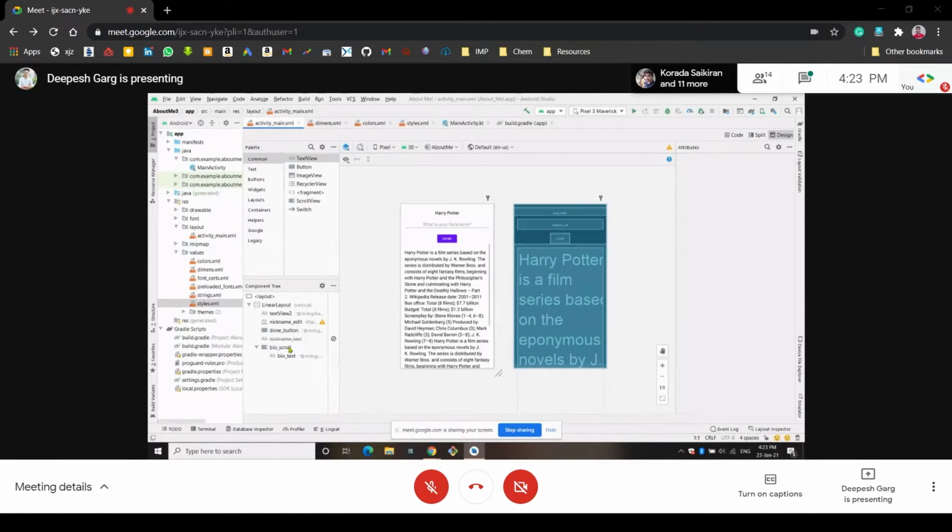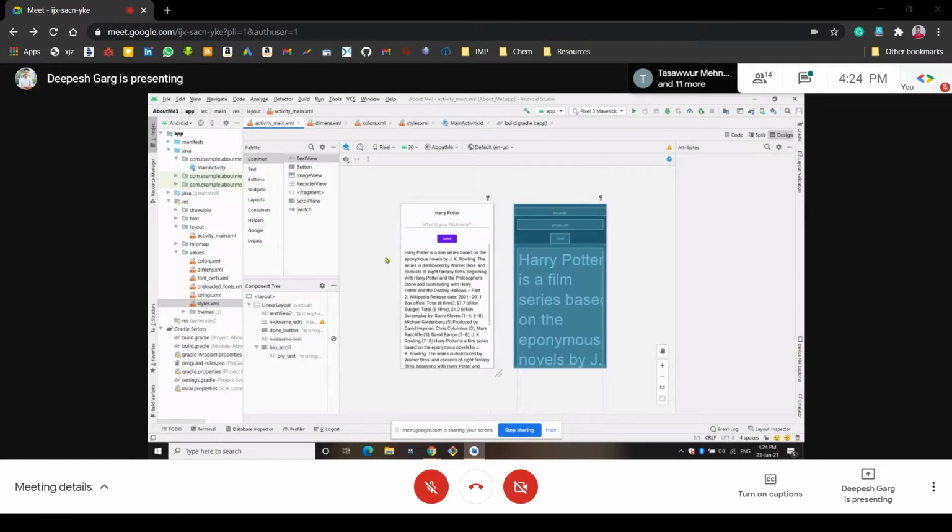We haven't shown it here in the UI because what we want is, whenever a text is written in this edit text view, after clicking the done button, this text should be transferred to this hidden text view, and after clicking the done button, this hidden text view should be visible, and this edit text view should vanish.